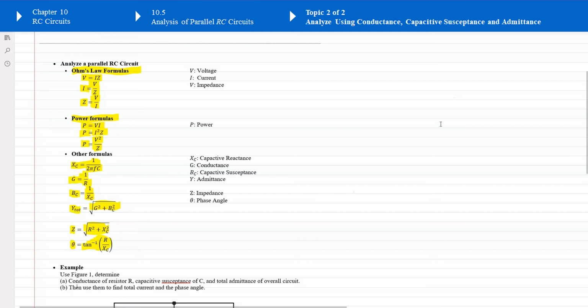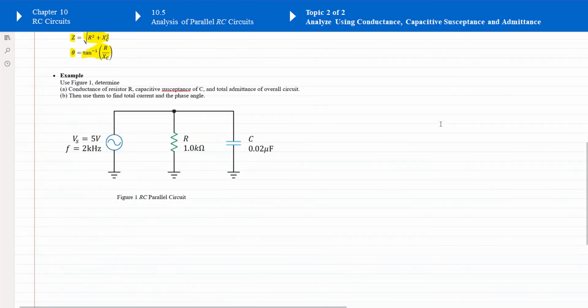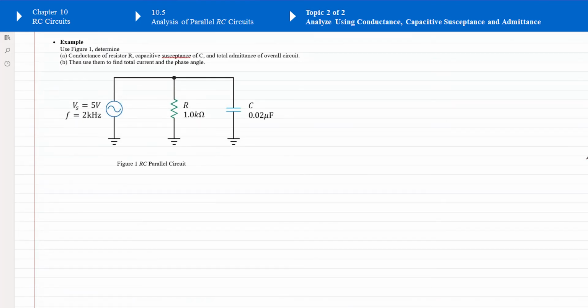Now let's solve one problem. Use figure 1, we need to determine the conductance of the resistor R, capacitive susceptance of C, and then the total admittance. After that, we need to find the current in the main branch, which is the current here, and then the phase angle. So given